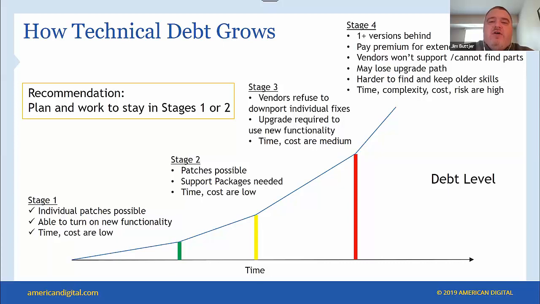And in an extreme case, let's get into stage four, you have systems that perhaps are many years out of date, hardware that's not supported, business processes that are long since archaic, and people are potentially even deciding to leave because they're not going anywhere, and they equate their career with the ability to work with somewhat modern systems, right? And it may be just frustrating to work. So your time, complexity, cost, and risk for that matter, are very high in order to solve the technical